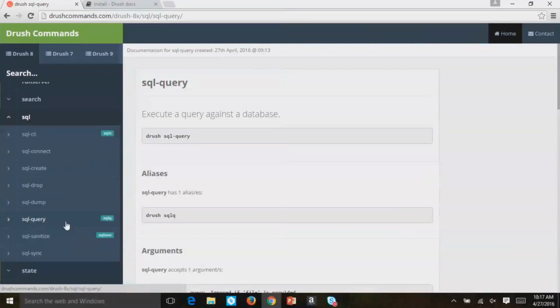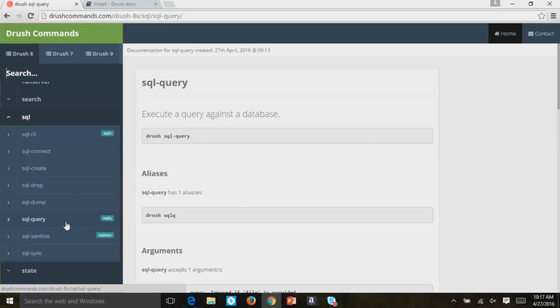Well, it turns out that we went from 4.5 to 900. We had a 3.6 gigabyte access log table in our database.